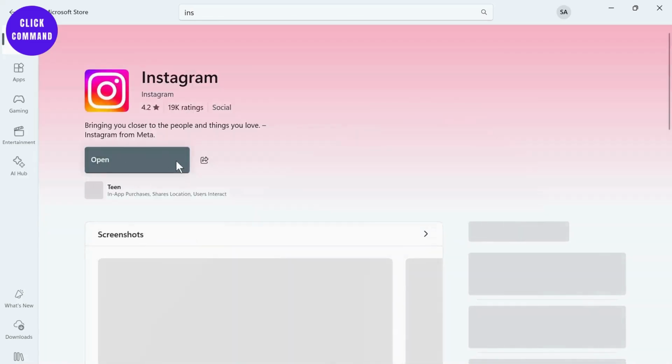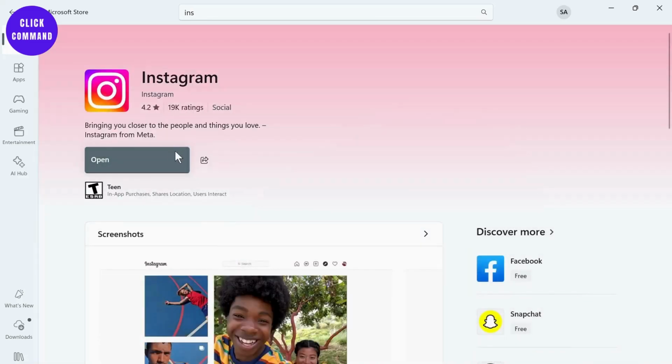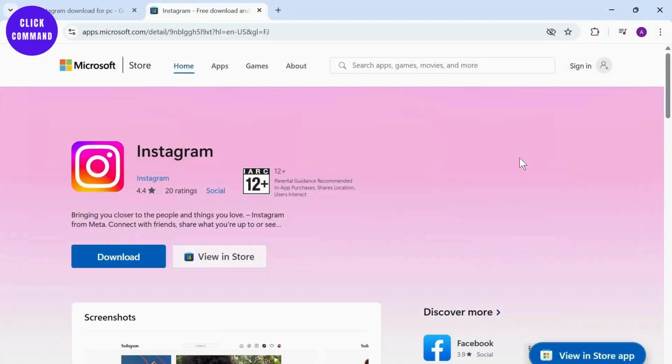So there we go, Instagram app. And all you now have to do is tap on the install button that will be right here and then you can open it up. And that's basically how you can download Instagram on your